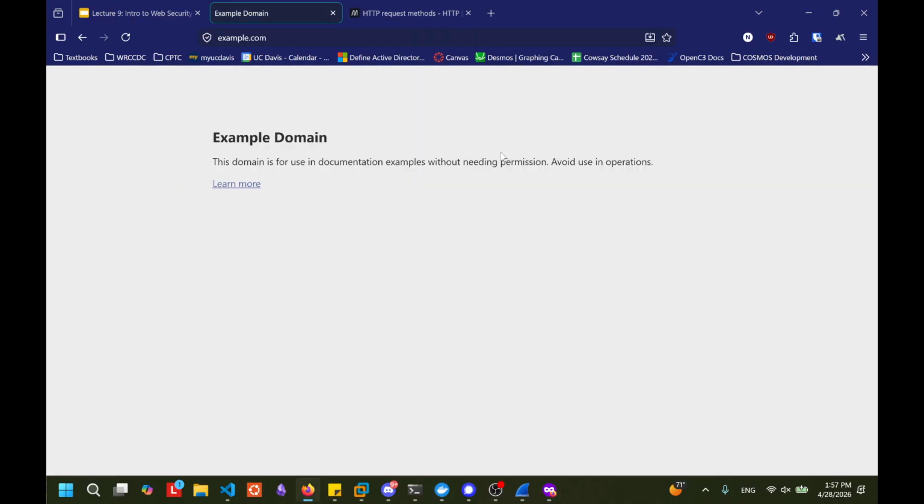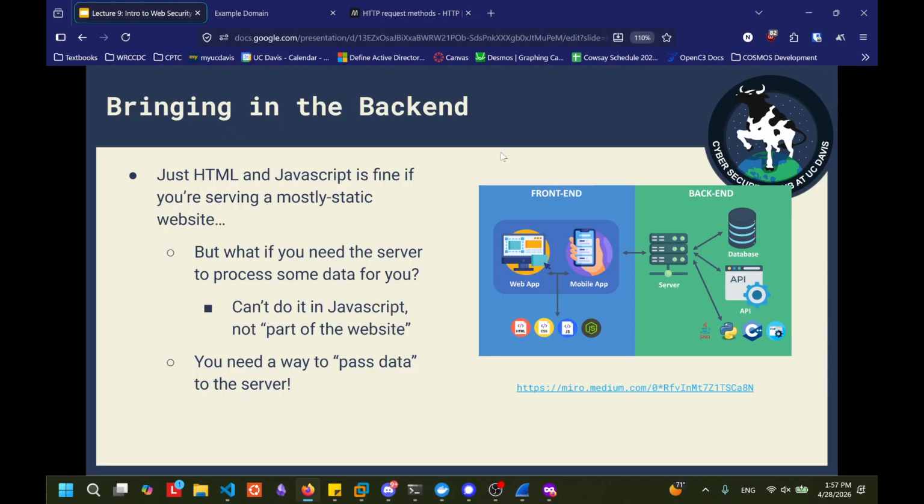So this brings in the idea of what a backend is. Say you have some kind of application that's not just about rendering. Say you're on YouTube. You need to grab the video and play it from YouTube's server. You can't do that with just the web page. Or think of another example: LLMs.